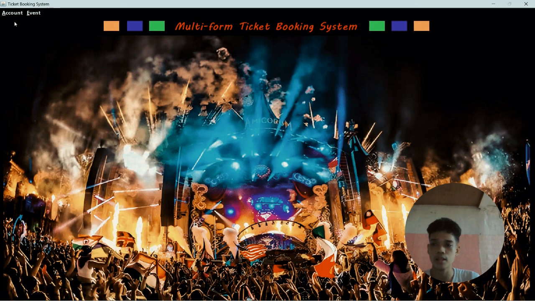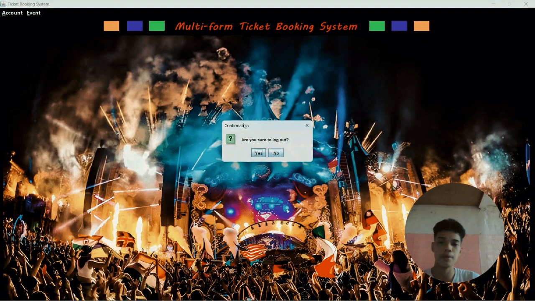And if we click on the account menu, login and register are disabled and logout is enabled. By clicking logout, it pops up a JOptionPane message dialog that says, "Are you sure to log out?"